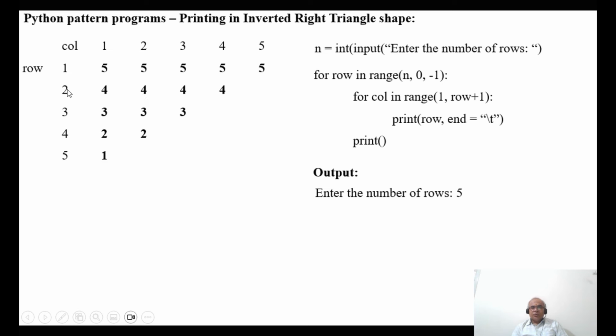Then comes the 4th row. 4 minus 1 becomes 3. 3 minus 1 becomes 2. 2 minus 1 becomes 1. 1 minus 1 becomes 0. So 0 is not within the range, so it's not there. Then similarly, when n is equal to 5, that is when row is equal to 5,